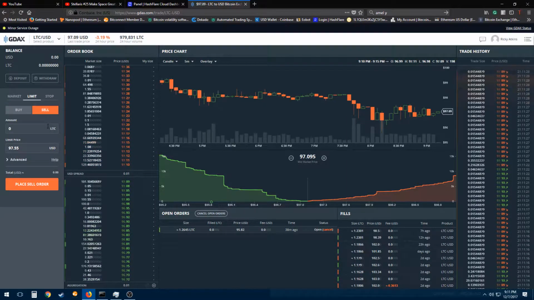The same works for the Ethereum and the Bitcoin, but since Bitcoin's on a steady rise, and right now as high as it is, it has to be 0.1 of whatever you're trading. Bitcoin's so high right now, you would need probably a $300 limit to be able to get 0.1. If it's anything lower than 0.1, it won't let you sell it. So you could be stuck at, like, let's say 0.09,